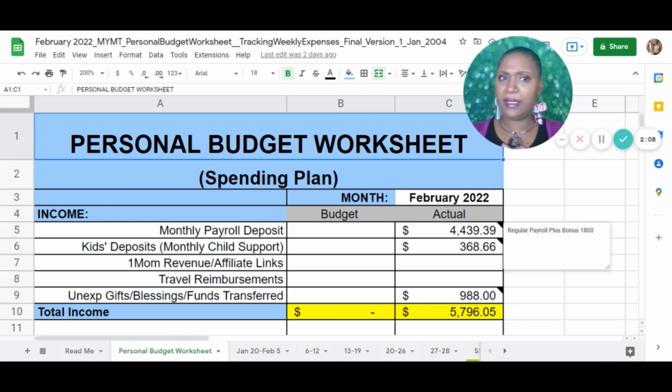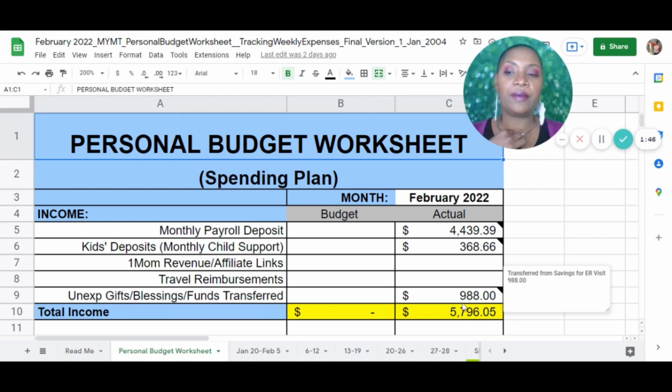Because when I looked at my bank, I was like, what in the devil is going on? Good thing I was able to cover it, but that was not half, that was a service charge, and I'm not paying that twice. But when I got to doing my budget, I kept thinking, why do I have an extra $1,000 in this budget? And that was why. So I actually took out that $1,000 that was in funds transferred, because that thousand is already counted for in the $4,439. And then I just transferred over